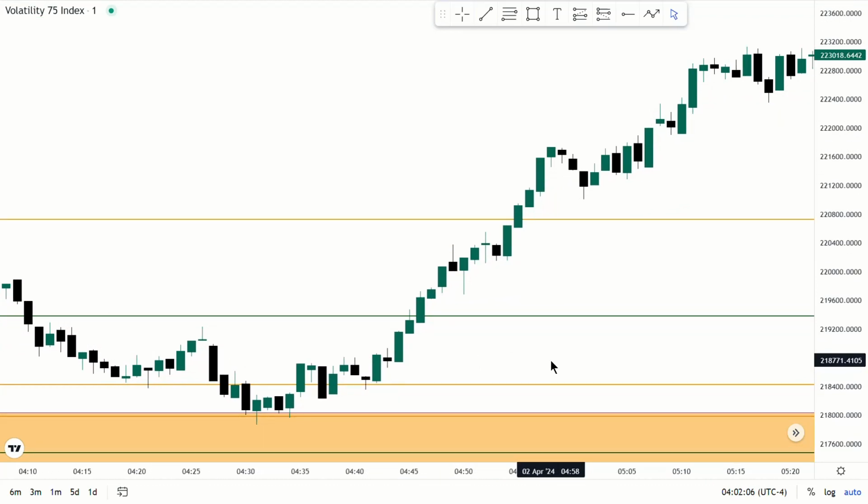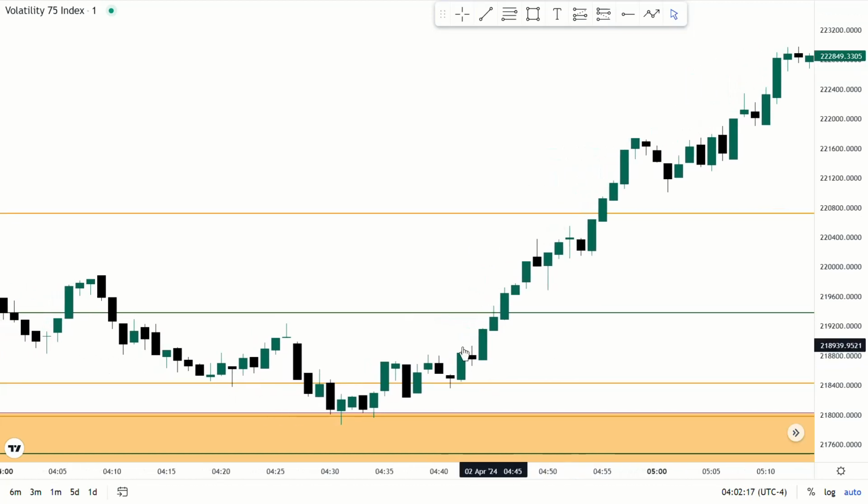Okay, so like I said, single candle order block, guys. Single candle order blocks are very important. Sometimes the market just does something like this. It just leaves this single candle order block, can even give you twice, but sometimes it's even just one. If you miss it, it's bad for you.